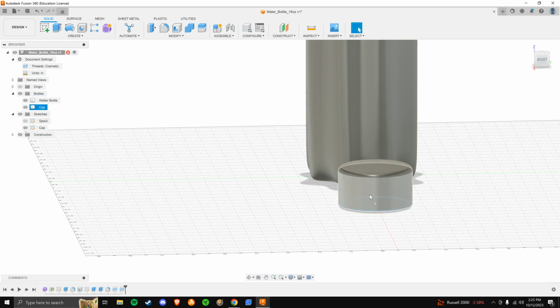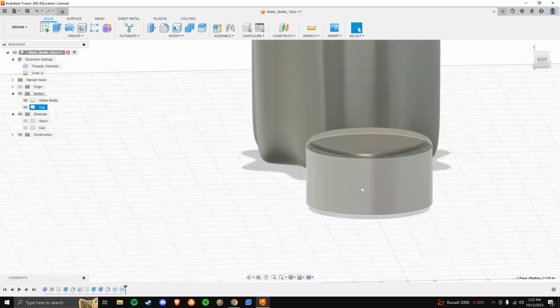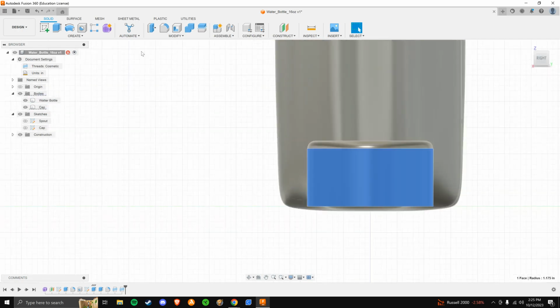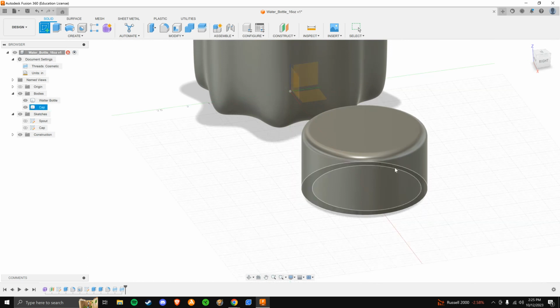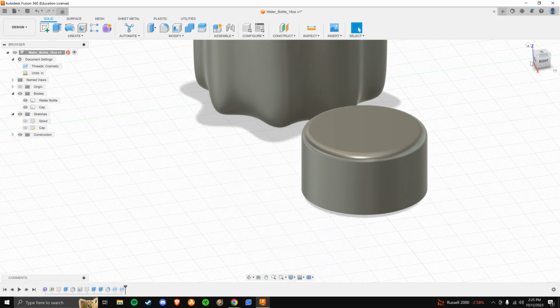Great. We can hide our cap sketch, by the way, and we can add that little side there. So if I select the side of this, I'm going to add the indent I was talking about. I can hit create sketch, and it may not let you create it right on the face. So you may have to create it in an offset plane, as we tend to do sometimes. So to create that offset plane, again, we hit construct, offset plane,